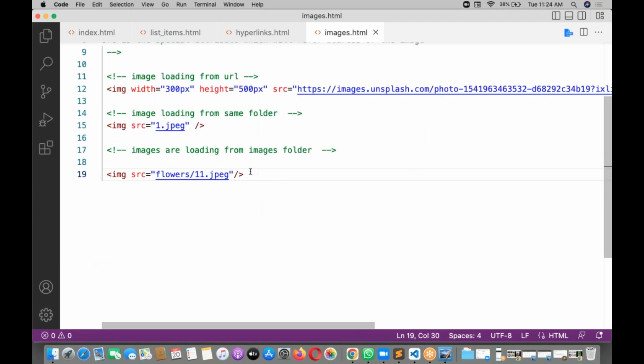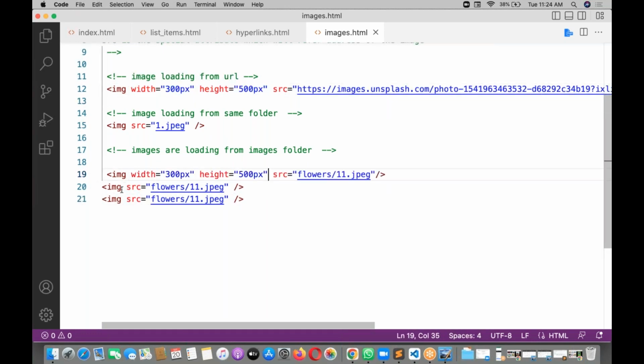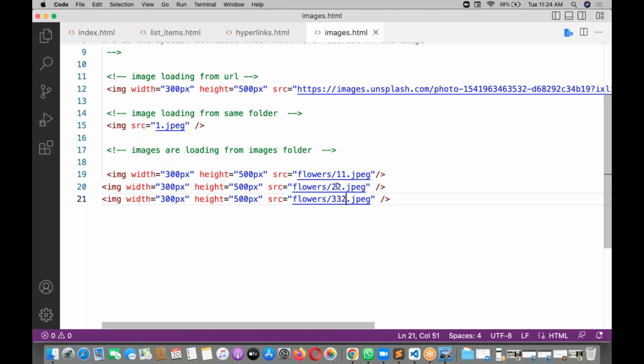I want to show 3 images now, with the same width and height. This is 1 1, this is 2 2, and this is 3 3.